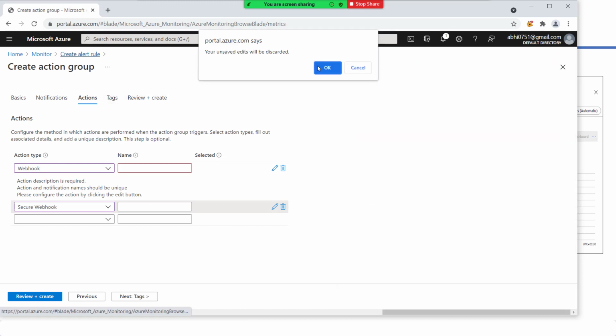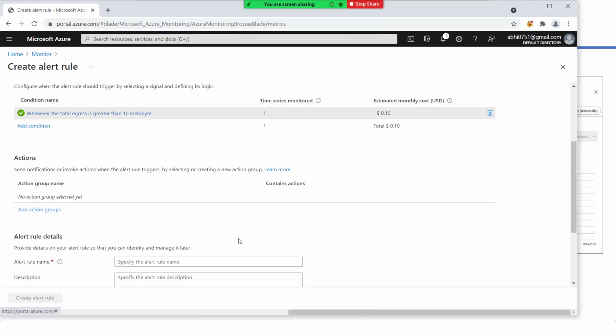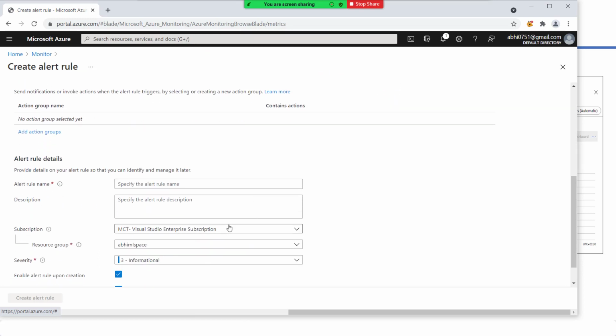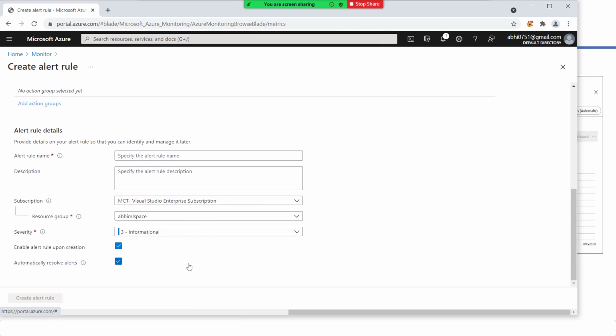So once you do all these things, then you have to save your alert and you have to define the severity. Once it is done, every 5 minutes it will analyze the last 5 minutes of data, and the evaluation frequency will be every 1 minute.